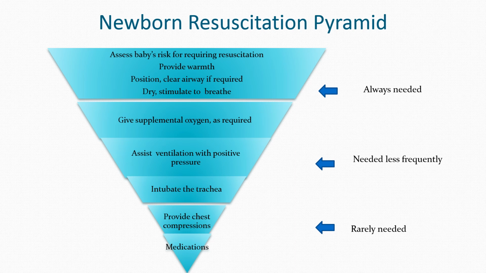So this is the pyramid of newborn resuscitation. We could see that we always need to assess the baby's risk for requiring resuscitation, provide warmth, positioning, clearing the airway if necessary, drying, and stimulating to breathe. We might need, less frequently, supplemental oxygen, assisted ventilation by positive pressure ventilation, and intubation, but rarely we need to provide chest compression and medications, including epinephrine and